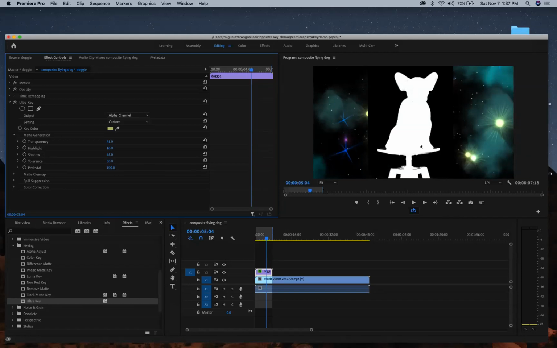Let's see if I can bring some of the little doggy back in shadows. It's not bad right there at all. So I might just leave that alone. So I think with our matte generation, that's a pretty good matte generator. We can use our matte cleanup and spill suppression for the rest. So now